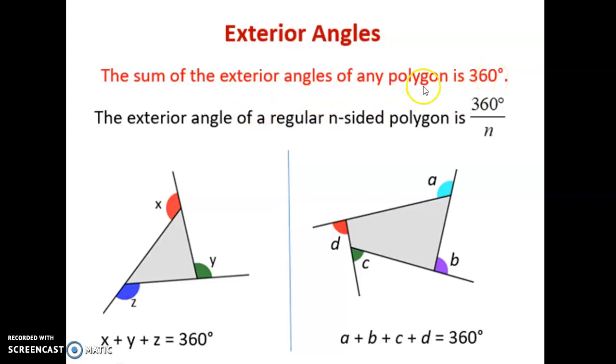So from this what we can find out is that the exterior angle of a regular n-sided polygon is 360 degrees divided by n. Suppose we don't know the exterior angle, how to find it? We can find it by 360 divided by n, the number of sides, and that gives the exterior angle. This is especially for a regular polygon. Regular polygon means all sides and angles are equal. Regular means all sides and all the angles are equal, then only we call it a regular polygon.